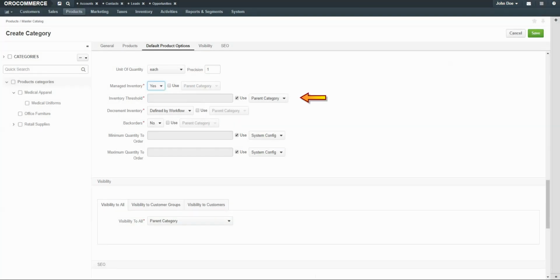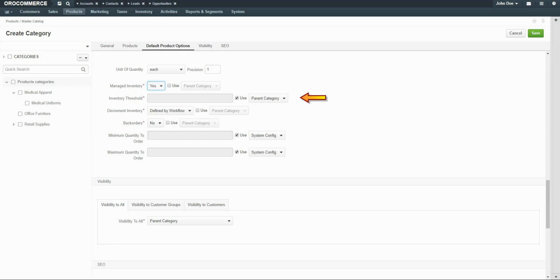In the Inventory Threshold section, type in a minimum quantity of the product in order for this product to be considered in stock. For example, items sold individually may only require 1 item in inventory to be considered in stock. Another example would be when items are sold by kilograms. You may need to define how many kilograms are required in a package in order for the package to be